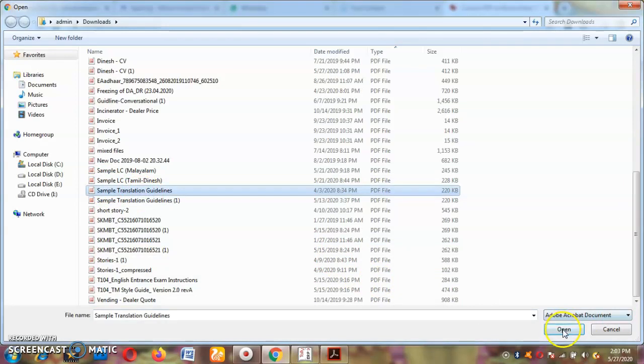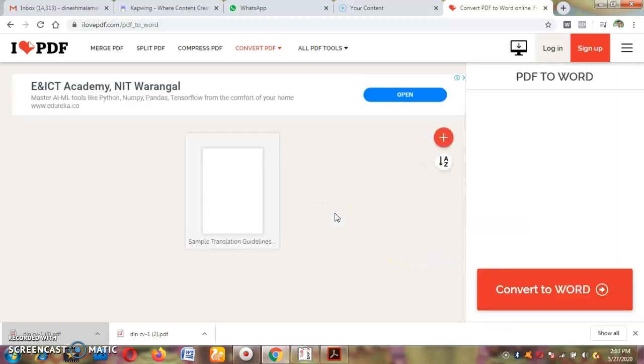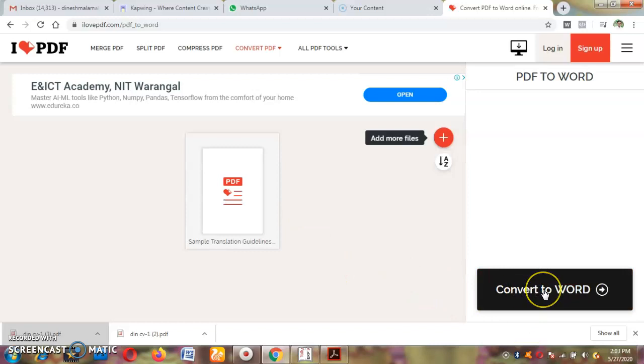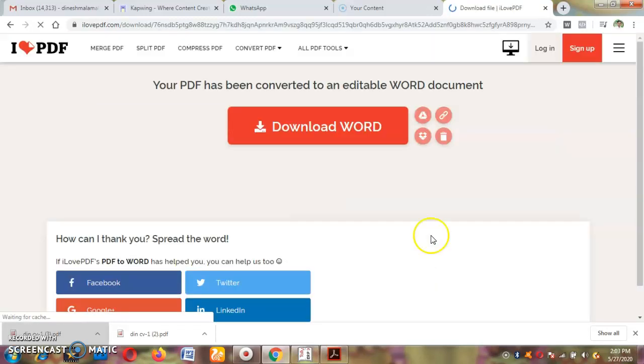So this is the PDF file. Open it. The PDF file has been selected. Now you want this PDF file to be converted into Word. Just click Convert to Word. The PDF file is going to convert into Word. Now download the Word file.